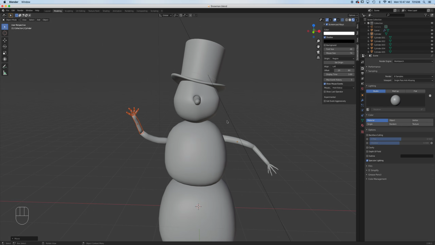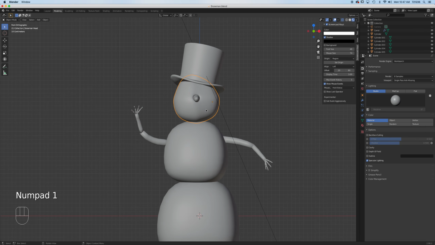All right, so I'm going to go to the front here. I did put an indent on this head right here, so I'm going to Shift D to duplicate this. So you can see there's kind of like an eyeball going on where we put the mouth, I mean the nose, for the carrot. So we could use this one as our base for the eye, right? So let me switch to Eevee real quick